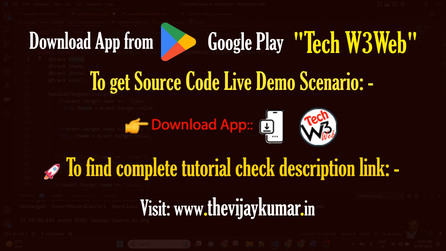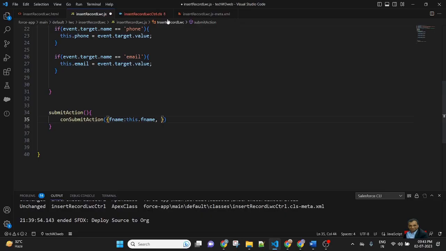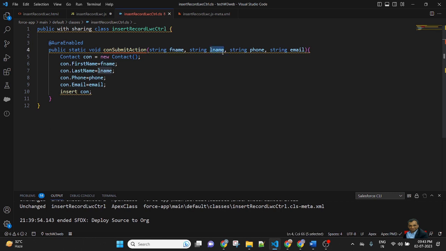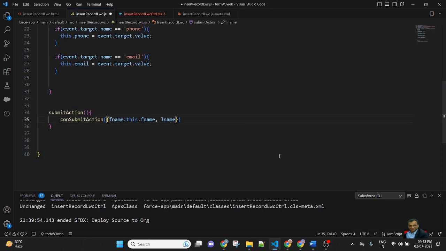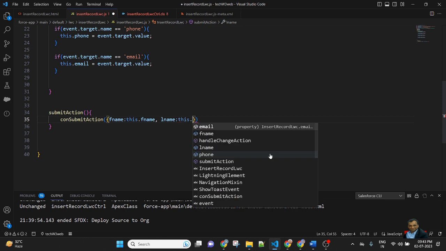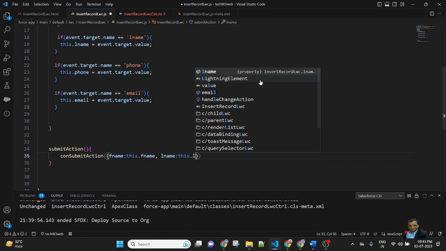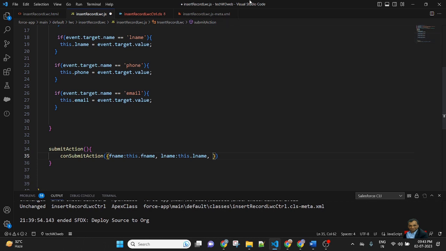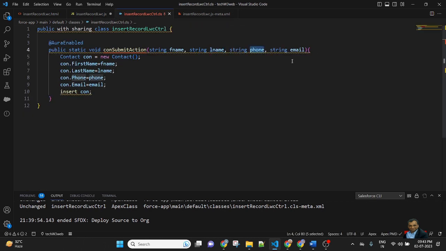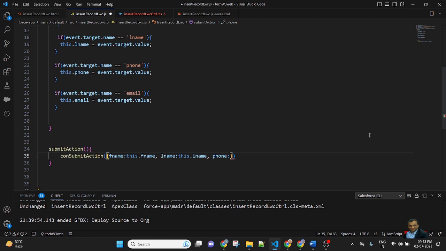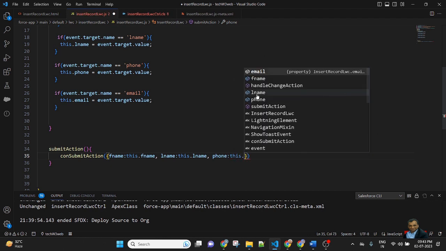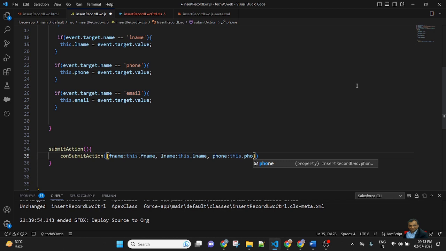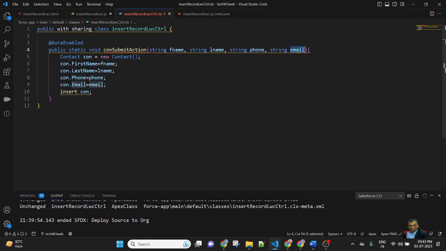So the value is the track variable fname. So this dot fname, then comma, then second parameter lname and this dot lname, comma, third parameter phone colon this dot phone, comma and last email.